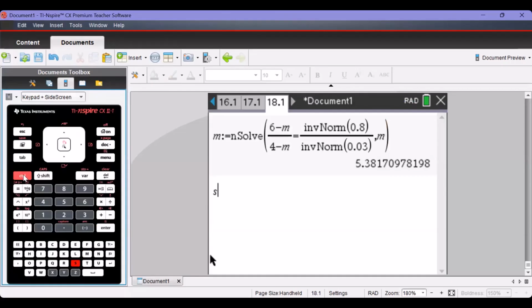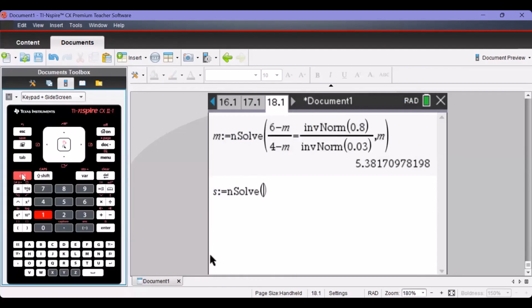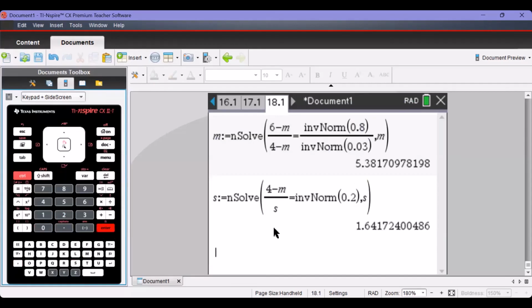So S, Control symbols templates for the assign command, and then Menu, 3 for algebra, 1 or Enter for numerical solve, Control divided by, and here we're going to type in (4 - m) on S is equal to the inverse normal, or invNorm, open bracket, of 0.2, and we're going to solve that equation for S, so comma S, press enter, and we get a standard deviation of